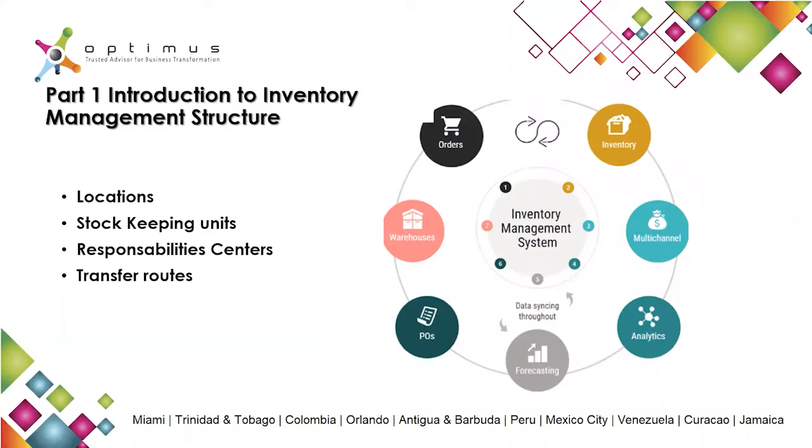For inventory, we need to review the structure. We're going to create your locations. We need to understand the concept of stock-keeping units, responsibility centers, and transfer routes. I'm going to explain how this is done, and why we are going to check on these specific types of configurations. All of this is going to help you work, as you can see in this figure, with the inventory management system